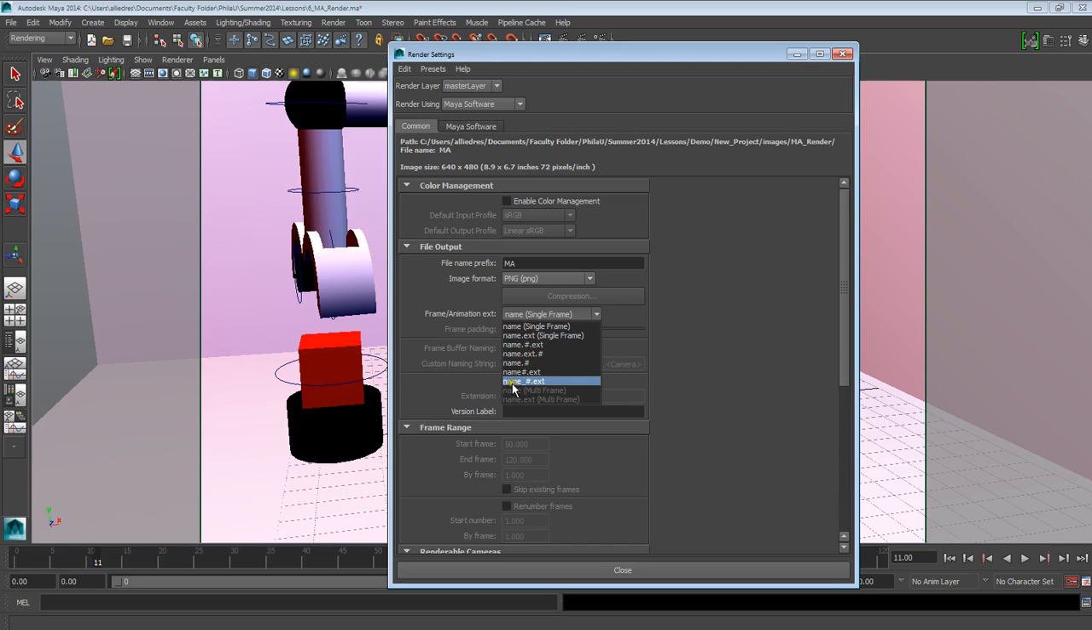I like to use name underscore number and point extension. So what it means is that it's going to name each image MA underscore, and then it's going to give it a name, number, sorry, and then it's going to be dot PNG or JPEG or whatever it is that we choose to